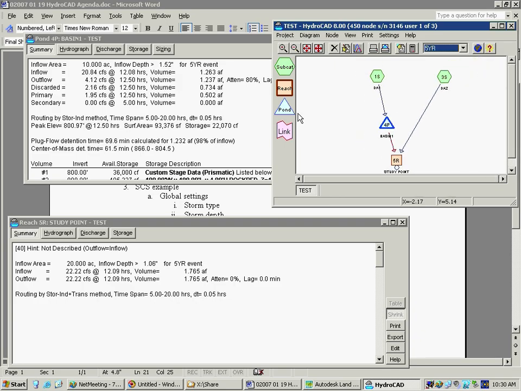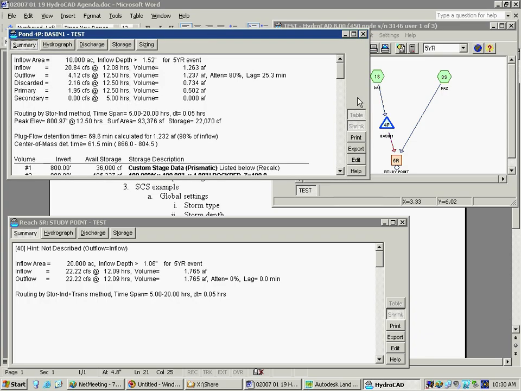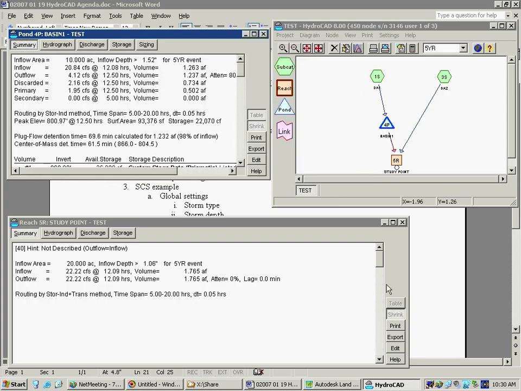So that'll show the whole watershed. This dialog box is showing for the Basin 1. This is our study point down here. So you can see that it shows you a variety of information. You have the inflow area, inflow, outflow. Discarded is our infiltration. That disappears from the model, primary and secondary. Our flow hasn't reached the secondary elevation yet, so that's 0 CFS. And